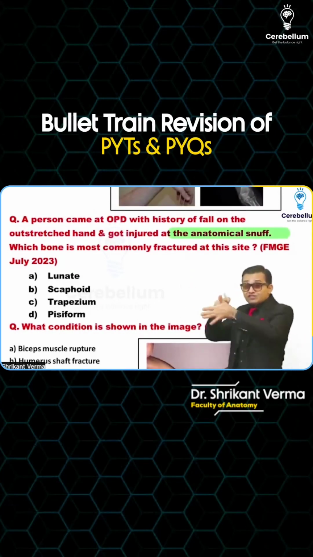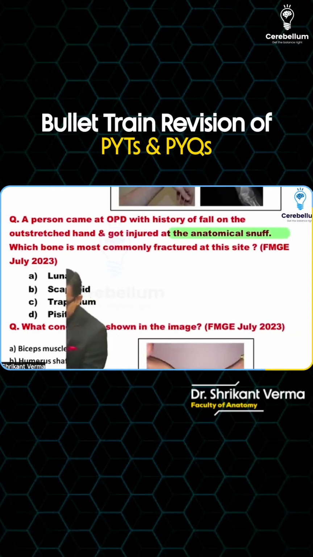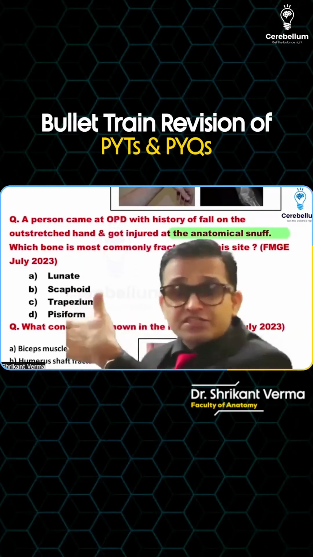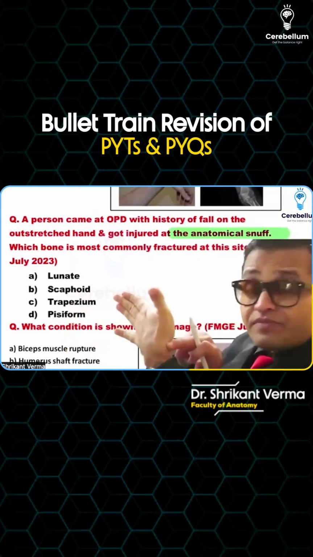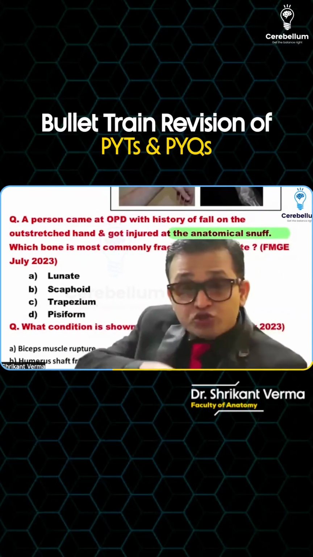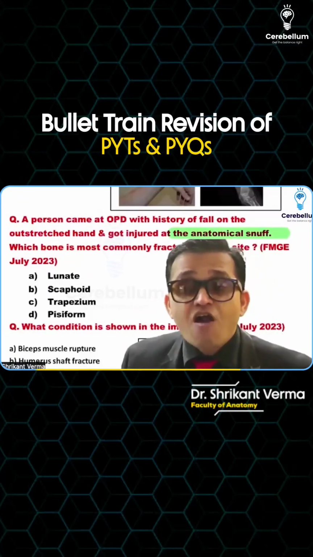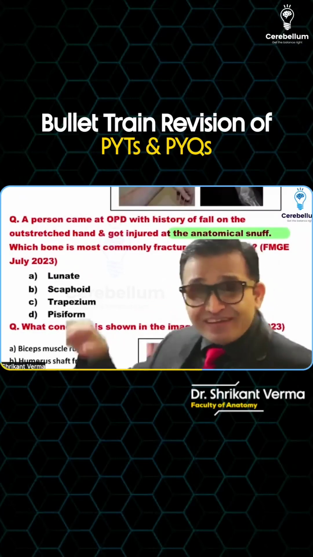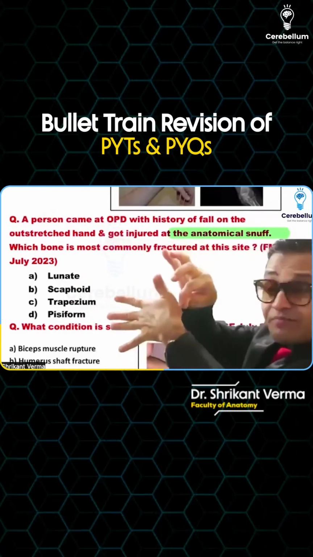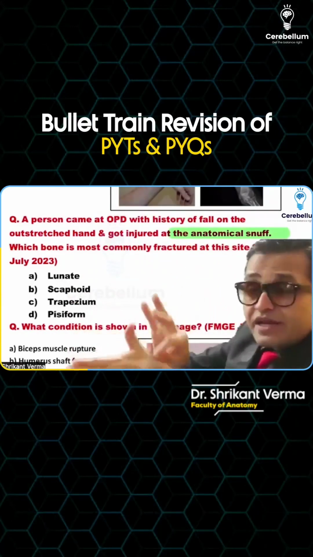So in the anatomical snuffbox, yes, extend the thumb. I'm coming close to you. Yes. What I want to tell you, extend the thumb. At the base of the thumb, there is a depression. Just like Gabbar Singh, you know, Gabbar Singh was using the khaini and this way. And then, yes, in a similar way, there is a drug abusing mechanism. Put the drug abusing substance at this base of the thumb, rub it, and then,